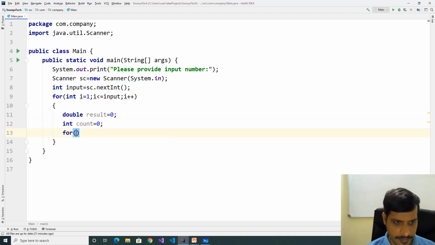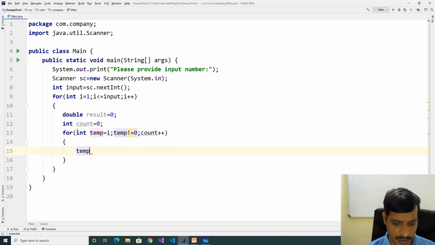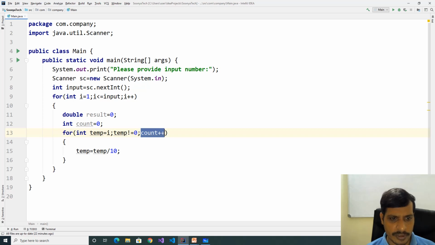Then for int temp equal to i, temp not equal to 0, count plus plus, temp equal to temp divided by 10. Here we need to find the count of digits. We are using the count variable and also the division operator to get individual digits.